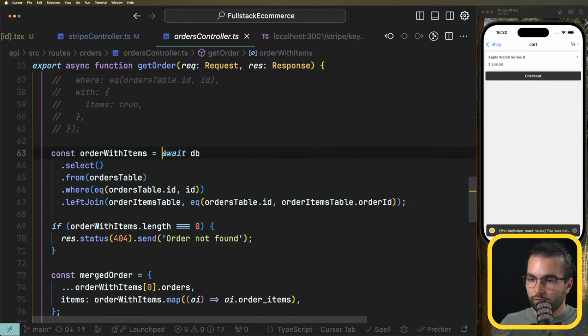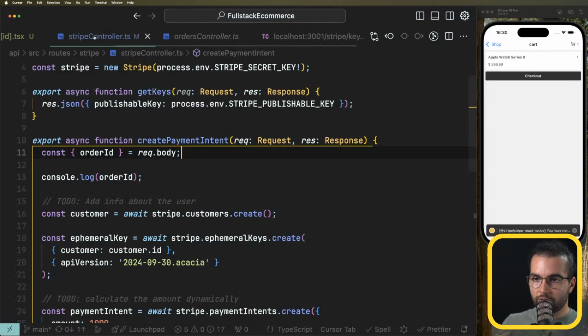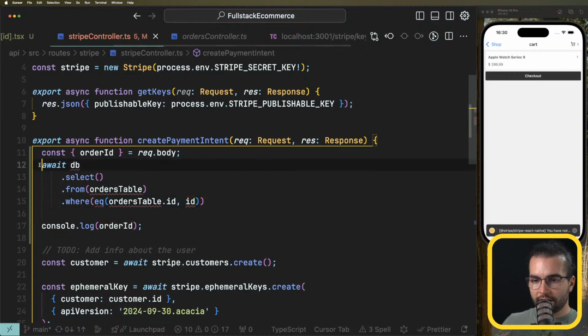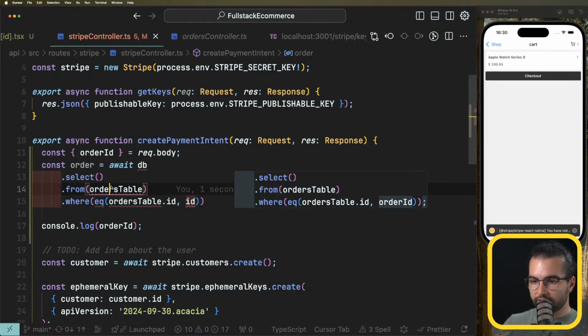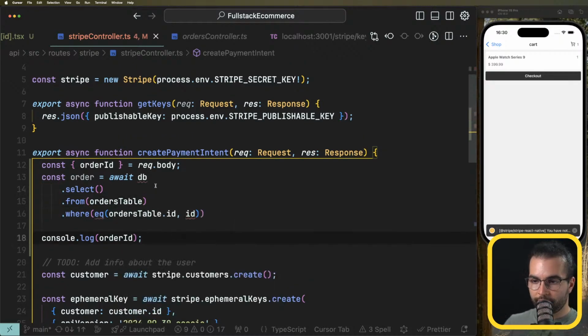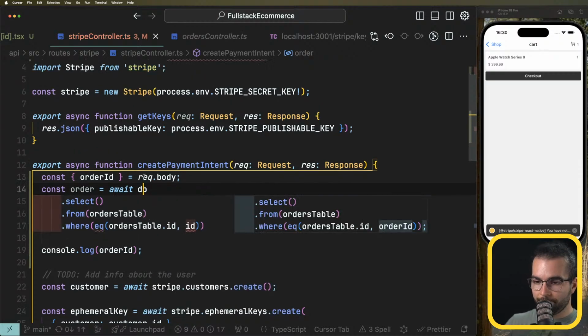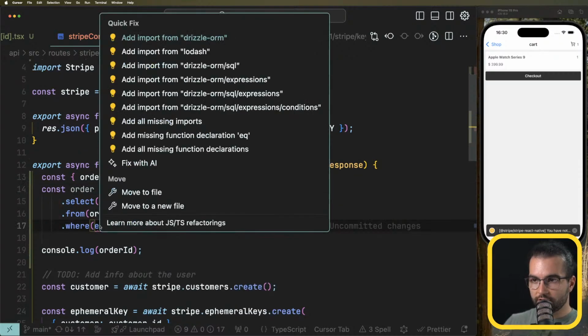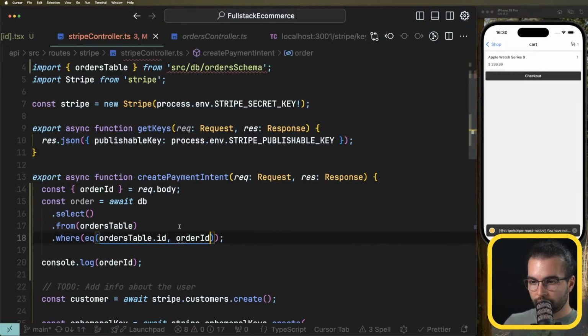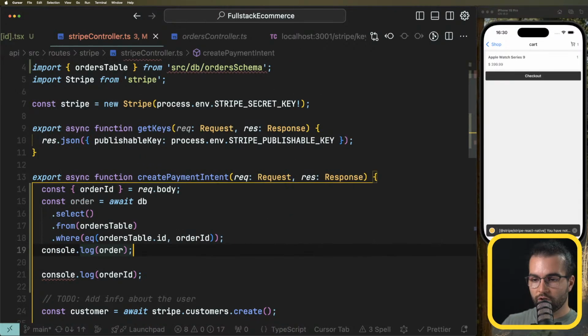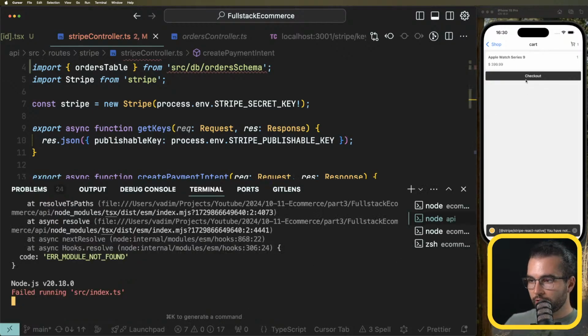Let's copy this: database select from orders table, where orders table ID equal to the ID. Let's try that in our Stripe controller. I want to get the order from the orders table from our database. Let's import the database here. Let's import eq from drizzle-orm, and the ID is going to be order ID from request body. Let's go ahead and do a console log order. If now I'm going to press checkout,